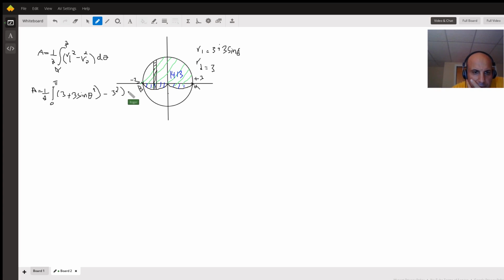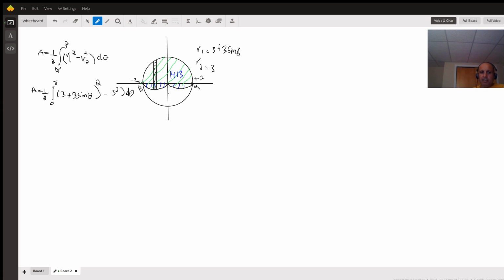Which is the top of the curve, the area bounded by the cardioid,